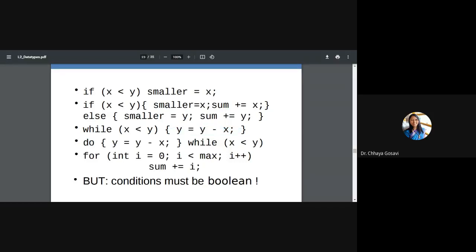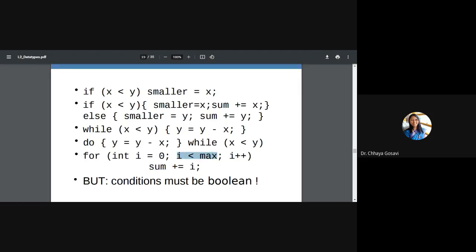Similarly, the do while statement will not check any condition the first time you enter the loop, but while going back to the do loop, you will check the condition. If this condition is true, then only you will enter this loop. So it will perform at least one step without checking a condition. For has three statements basically. This is called initialize. You will initialize the value here. Then the condition, you will check whether i is less than, greater than, equal to, not equal to. And then an increment or decrement. And then you will enter the loop if this condition is true.